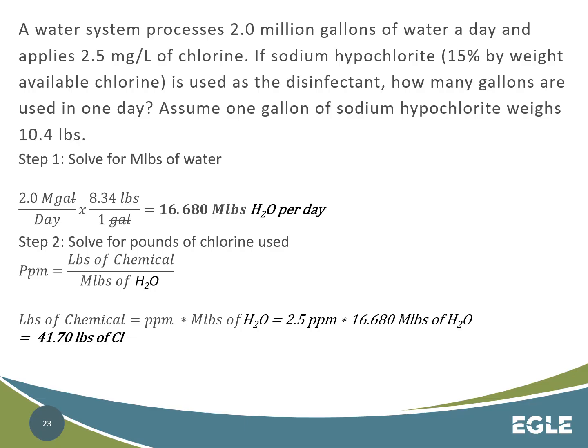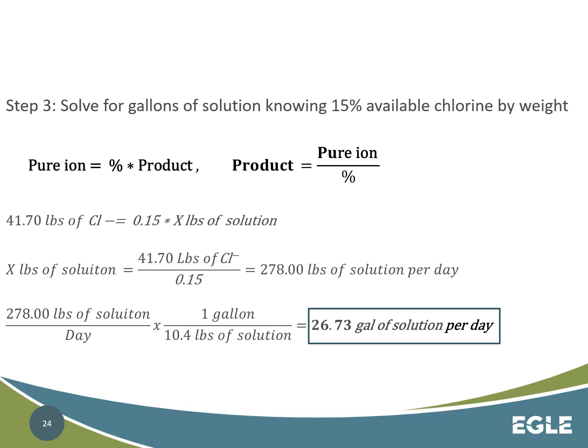In this problem statement, we're given the part per million that we want to achieve, 2.5, right? We're also given the million gallons that we're using. We have our 1,000,000 pounds, right? And then we have to find how many pounds of pure chlorine we need to achieve that concentration. Once you have found your pounds of pure chlorine ion, we then have to use that percentage that's given